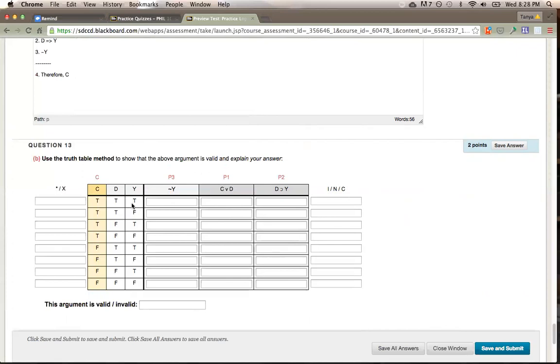I'm not going to do this part because it'll take a while. However, you should get the answer that this is a valid argument. So what you'll do once you fill in your T's and F's here, according to the rules, is then go over here and just star the only case where all of them are true,